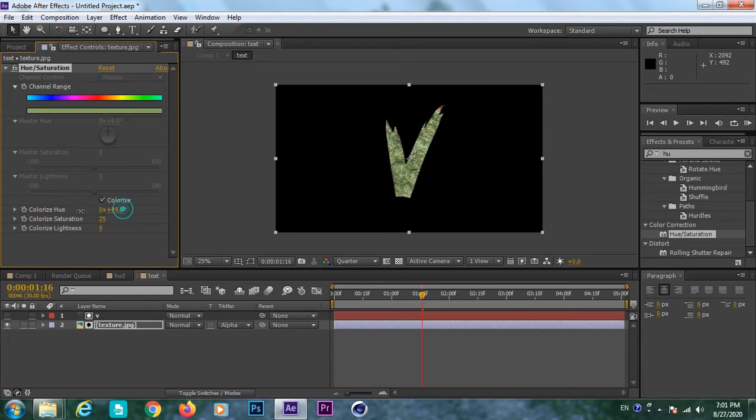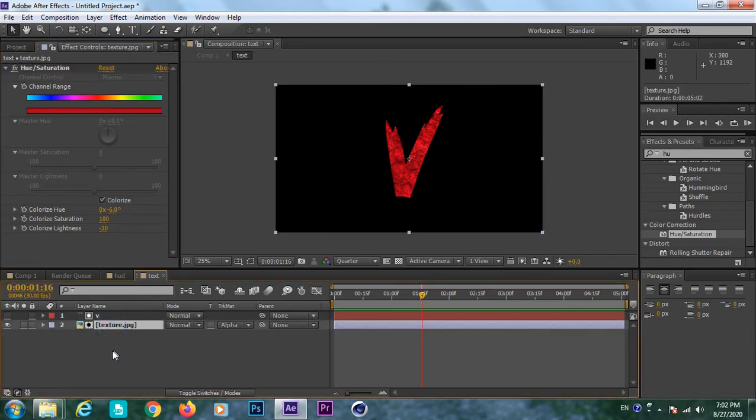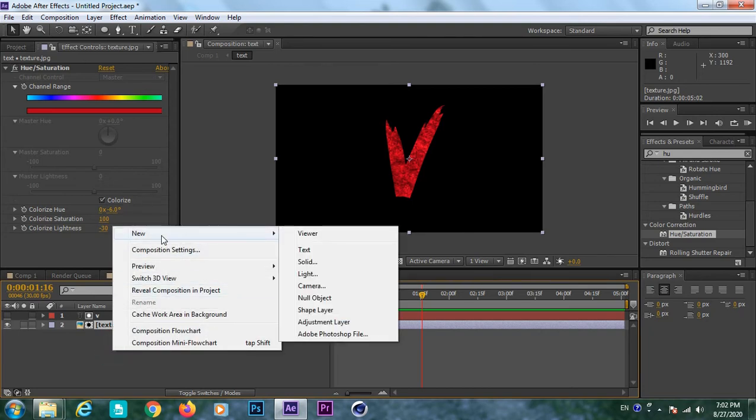Now I just play around with these colors so I get the exact one, but at 0 it's all red. Okay, I move to 0. I play around, I move to 0. Okay, now increase the saturation to about 100, because you have to increase the saturation. Because of less saturation, you might get only the hue, not the saturation. Okay, now I set the hue to 0 and the saturation to the exact amount.